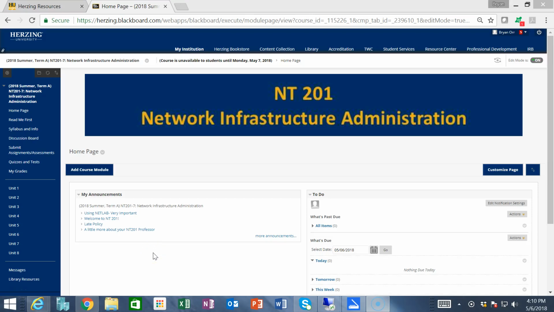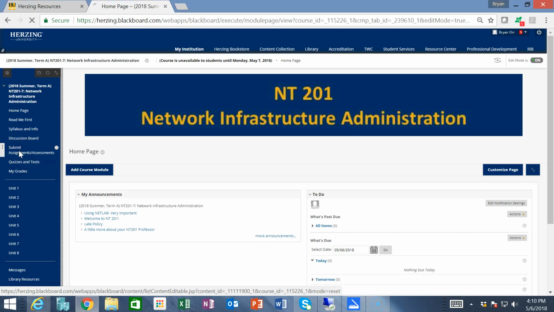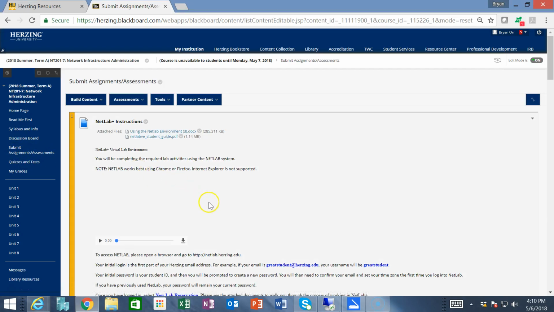Throughout this term, you're going to be using NETLAB in order to complete your weekly lab assignments. So I just want to show you real quickly where all of your resources are for figuring out and learning how to use NETLAB for this course. Okay, so if you go to the Submit Assignments Assessments section in the course, this will be where you will go to